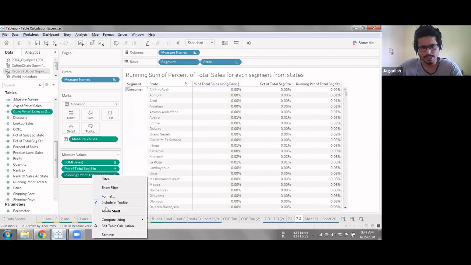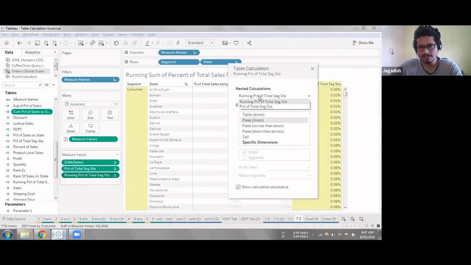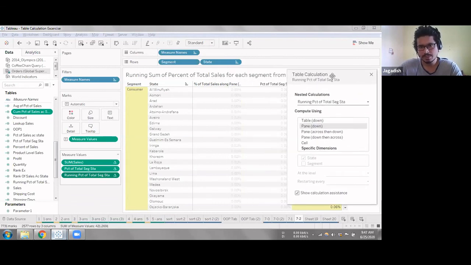But when multiple table calculations are involved, it will show nested table calculation. That means all the table calculations involved in that particular calculation are shown here. So this is a next level in table calculations.